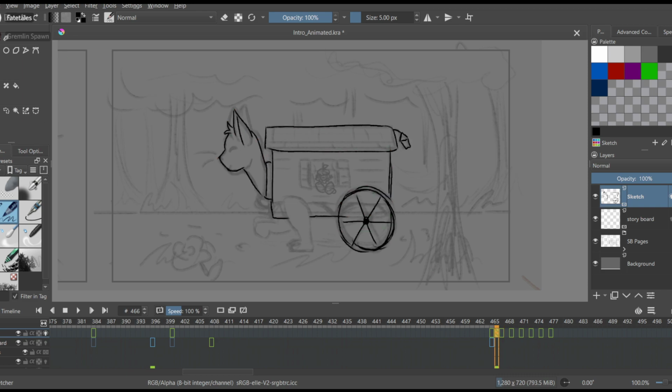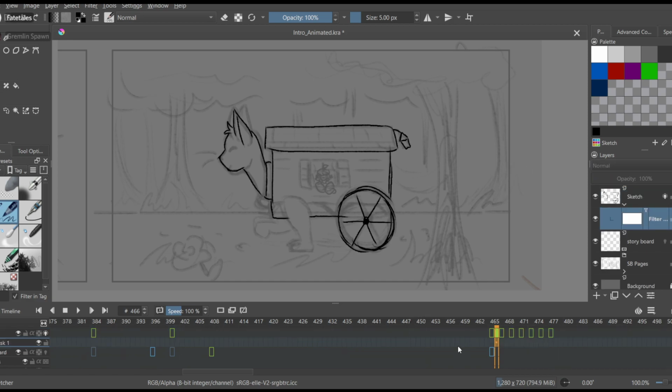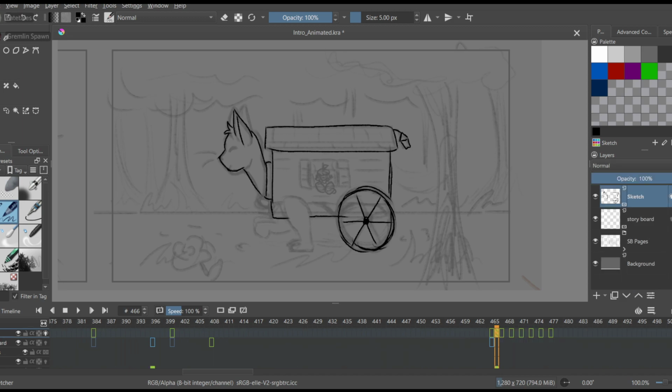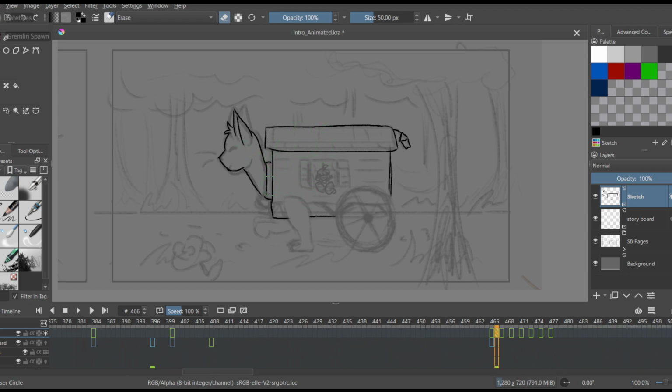So I think what needs to happen... add filter mask. Cancel. What I can do, if you just kind of erase all of this. This cat wagon doesn't really move, but he might bob up and down. Like, this stays in place, but this part moves up and down because of his little footy steps. So I think what we'll try to do